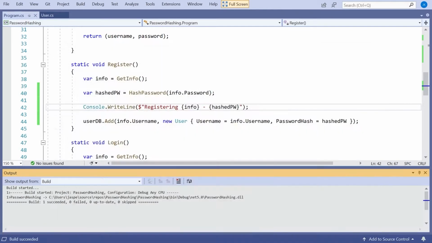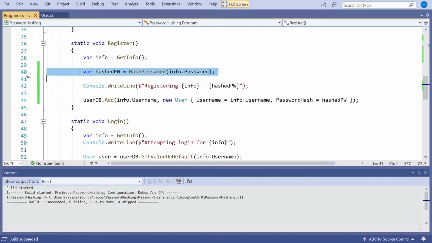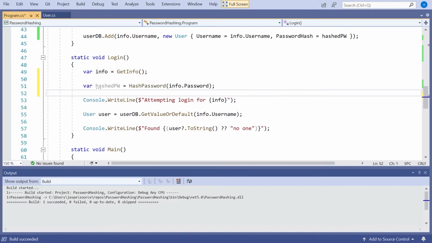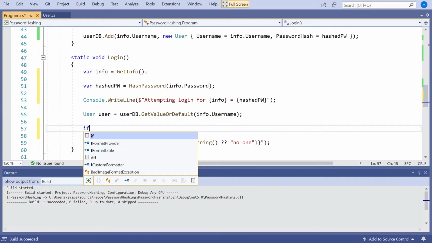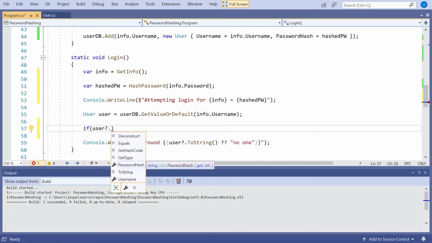So let's also now put that on the lookup. So on our login, we're going to do exactly the same thing. So we're going to take that bit of code to hash the password, and then here we'll put it in here. We'll again make sure that it's printed out just so we can see what's going on. And then what we're going to do is just check to see whether that matches up. Bear in mind, if we didn't find this user at all, it could be null, so let's just put a check in for that.